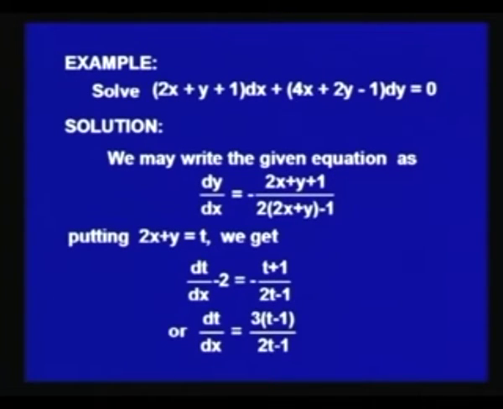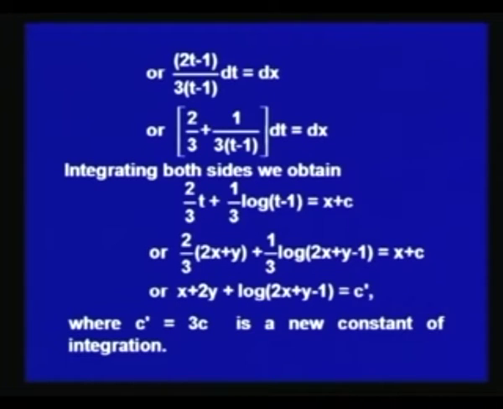So, let us put 2x plus y equal to t, which will give us dt by dx minus 2 equal to minus (t plus 1) over (2t minus 1), or we may say dt by dx equals 3 times (t minus 1) over (2t minus 1). We can separate the variables t and x. This will give us (2t minus 1) over 3 times (t minus 1) dt equal to dx. After breaking the left hand side into partial fractions, we shall have (2 over 3 plus 1 over 3 into 1 over (t minus 1)) dt equal to dx, and when we integrate both sides of this equation, we shall have 2 over 3